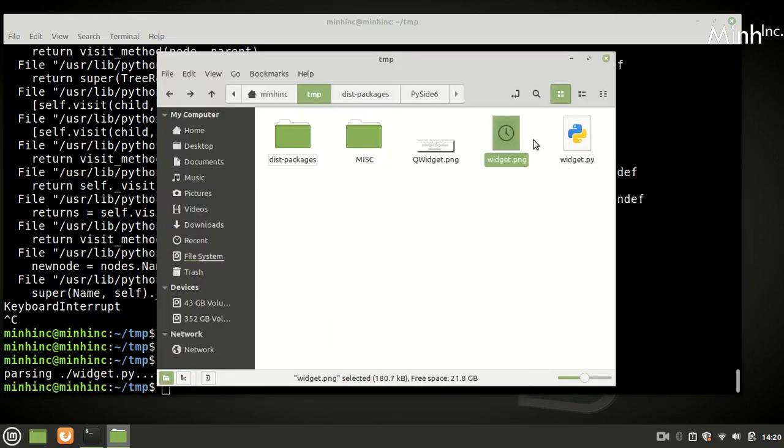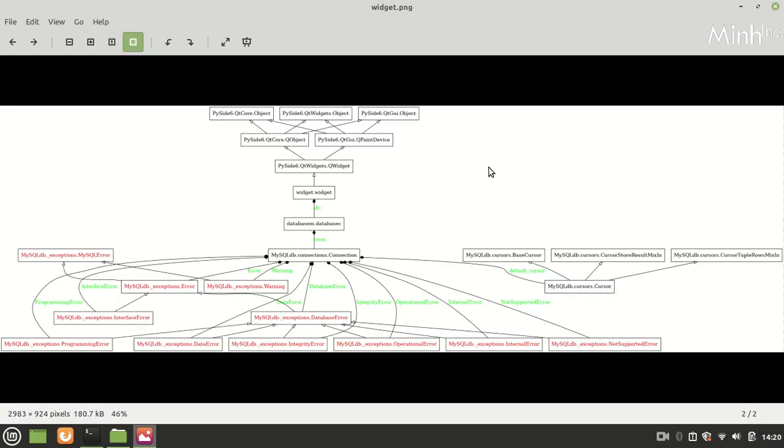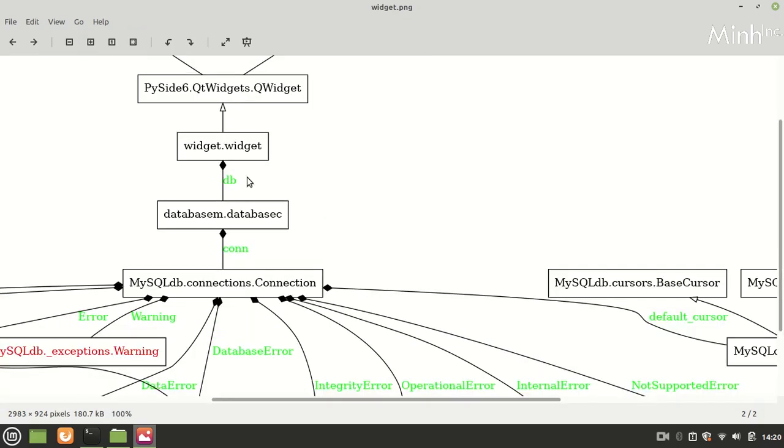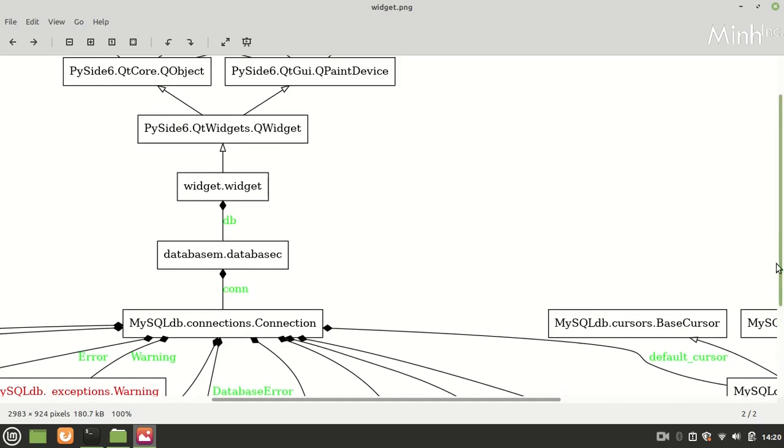Okay, it's done. So it's different now. So QWidget contains database C as DB parameter, as it can be seen.